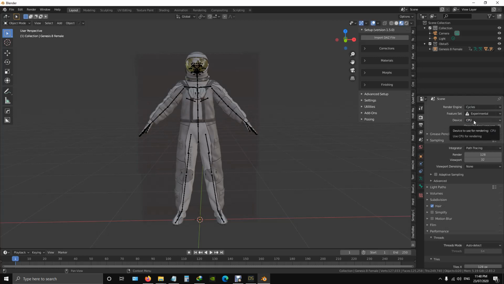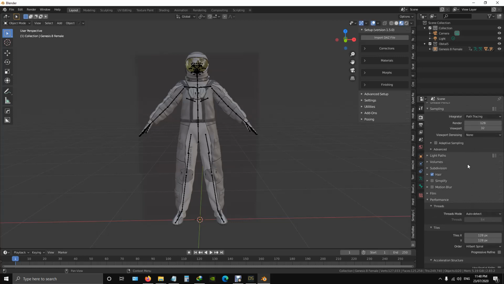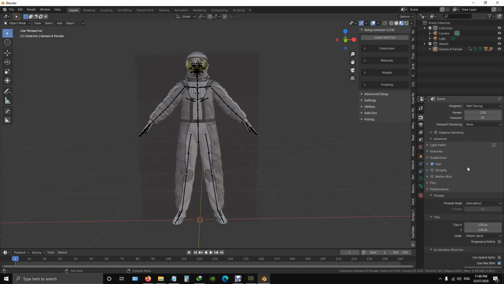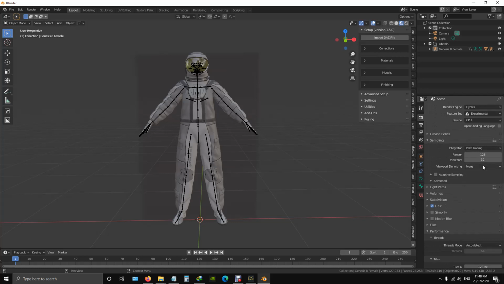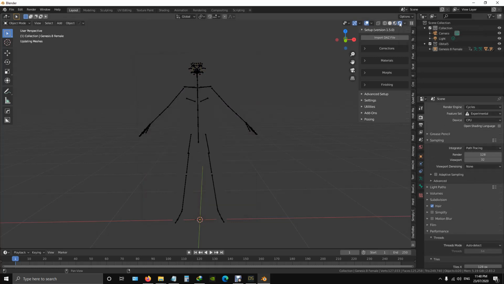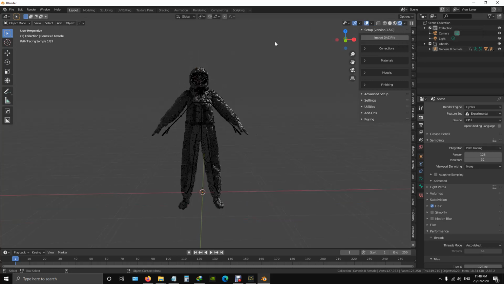And believe it or not, I find CPU is much faster than the GPU, but I've got a Threadripper with 64 threads, so it's got plenty of power there. So make sure you have all that selected, and to get a better preview, click on the ball with the little, and as you can see,